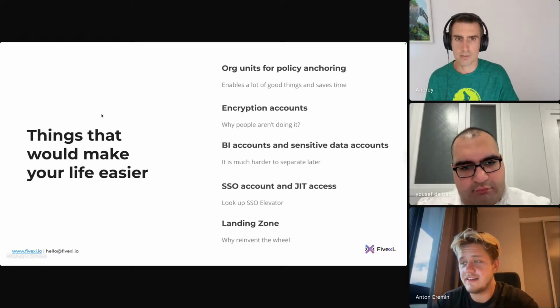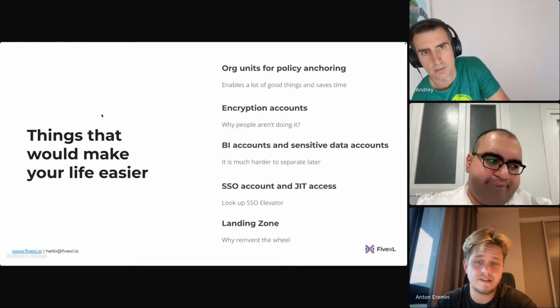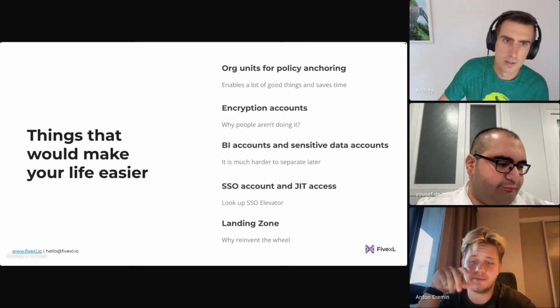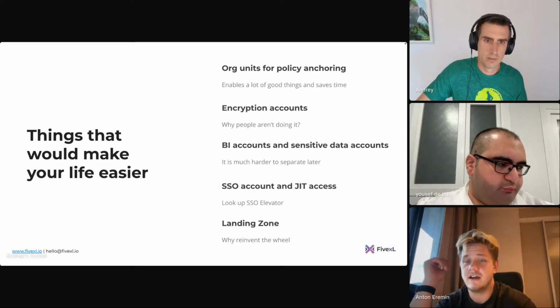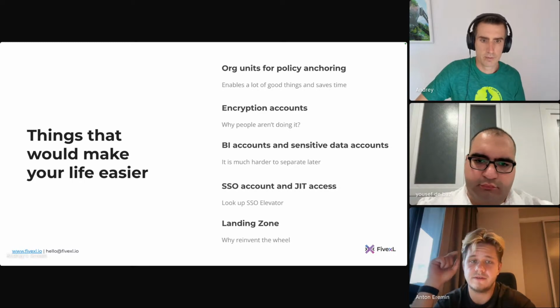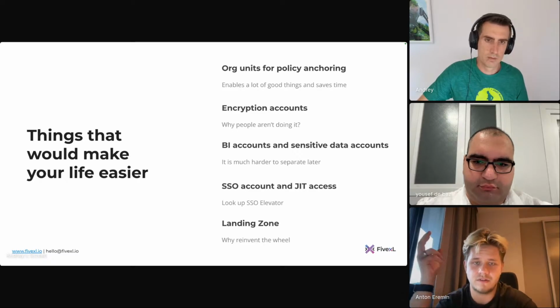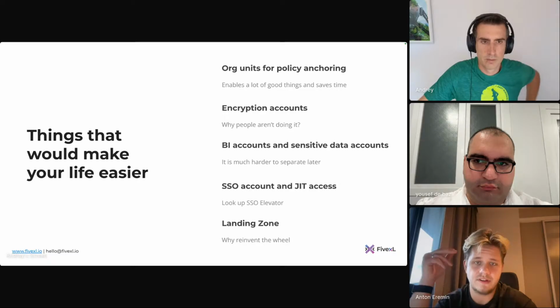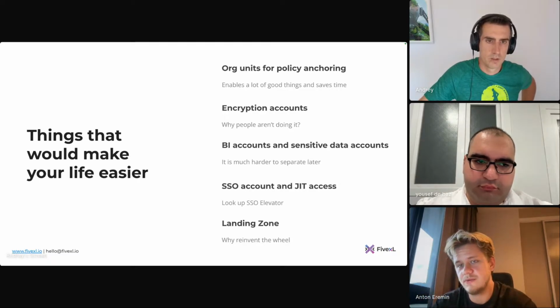And on the next slides are things that would make your life easier. One of the cool ones that we have: previously we've been talking about separating everything into different accounts, development, stage and production. Another cool thing that you may do is start using organizational units. An organizational unit is basically a basket for your accounts, which you can put accounts in. And the really useful thing with them is that you can use them to manage your permissions and IAM policies